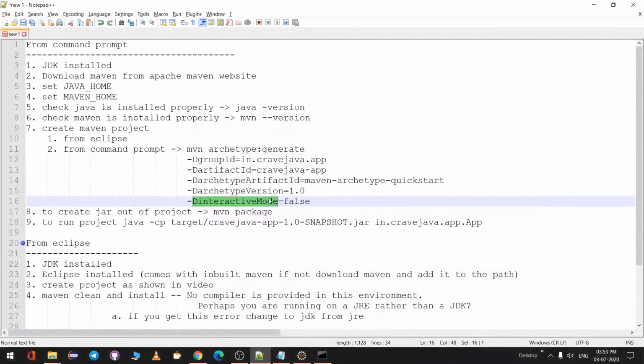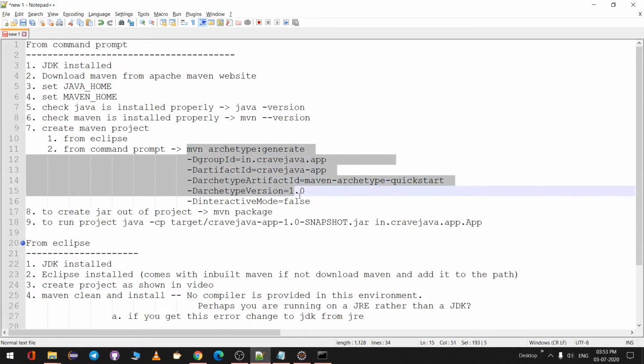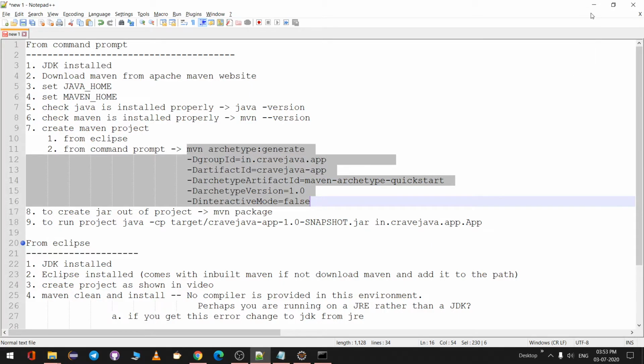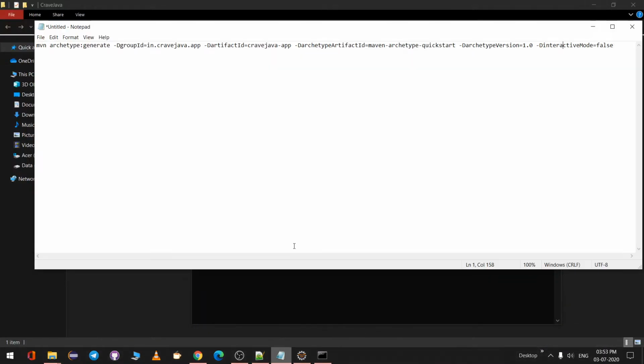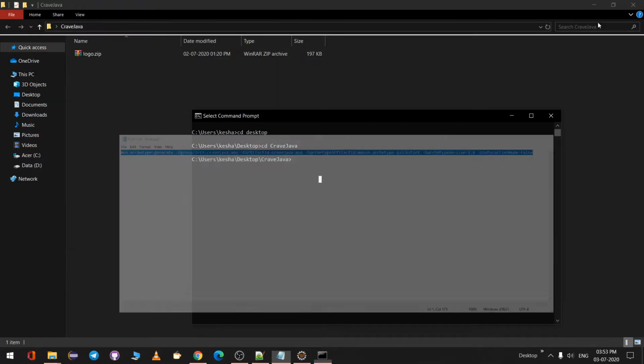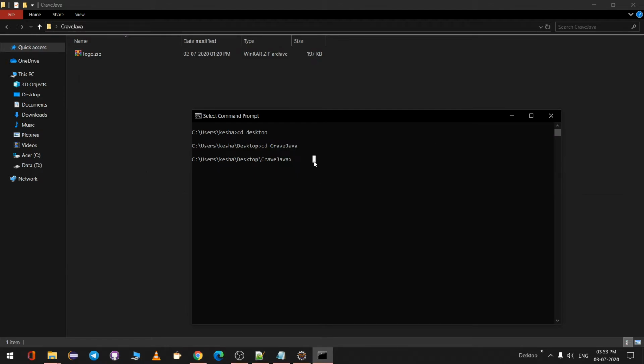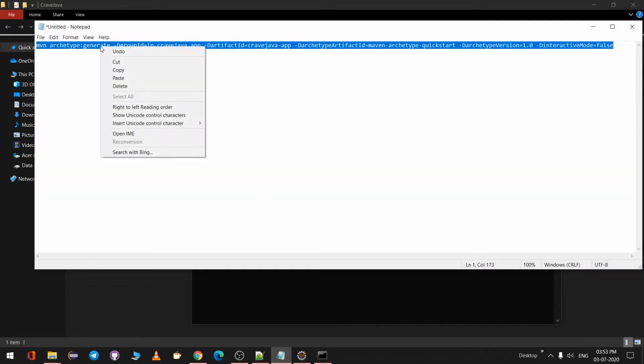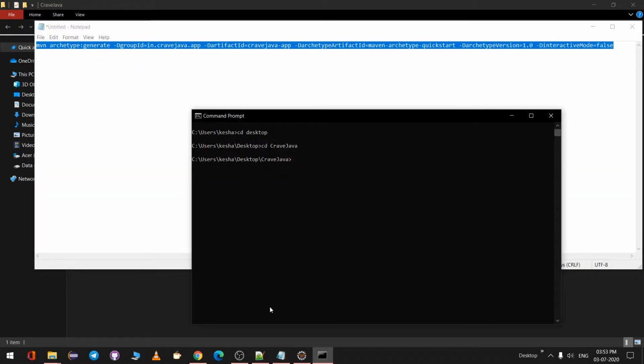So basically, we have to use this command to create a new project. So let us go ahead. I'll just copy this command. In the command prompt, if you want to paste, just right click.